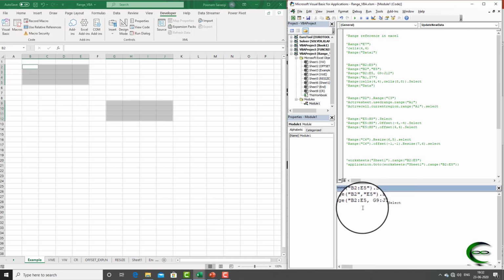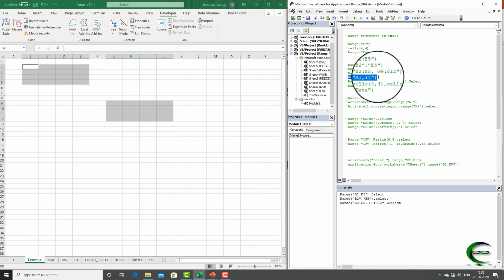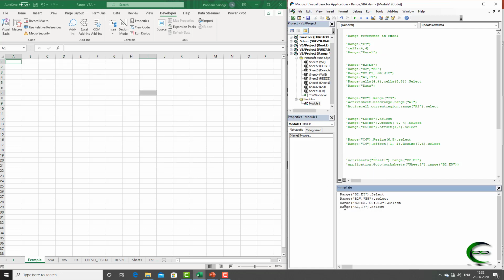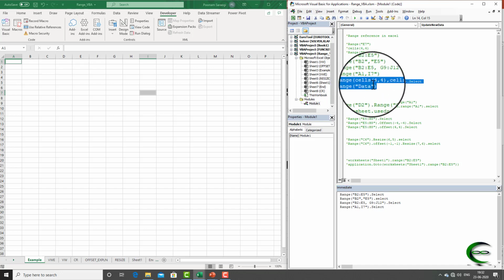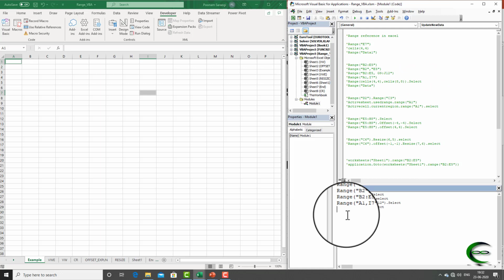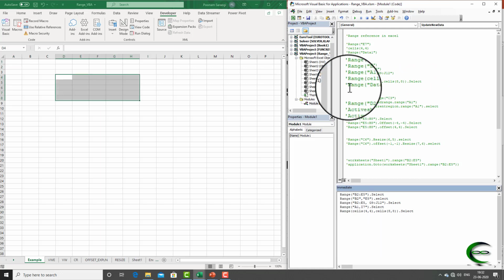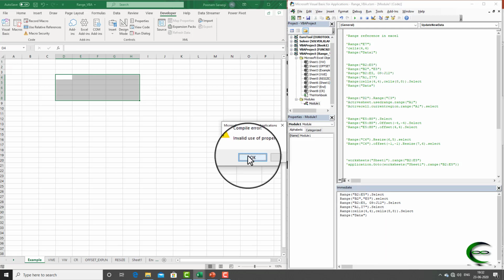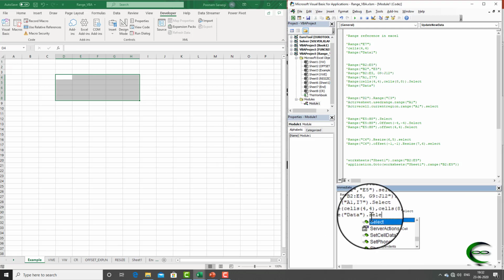Range B2 to E5 and G9 to J12, two individual single cells like this. Or you can use the Cells method also, very useful while using a loop in Excel VBA. We can use a named range here also. Sorry, I have not mentioned Select.